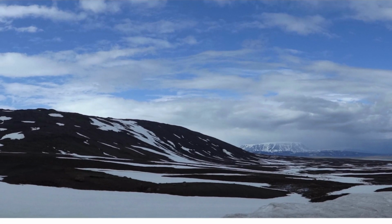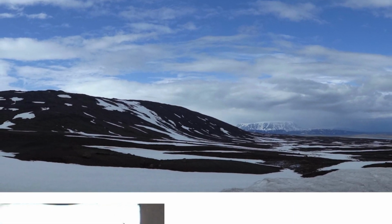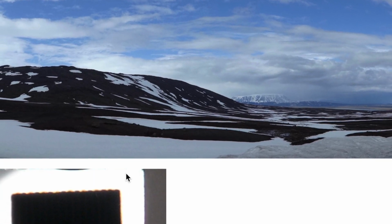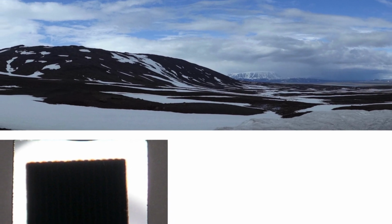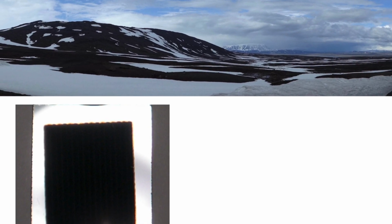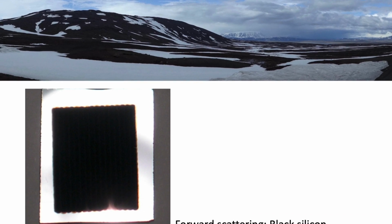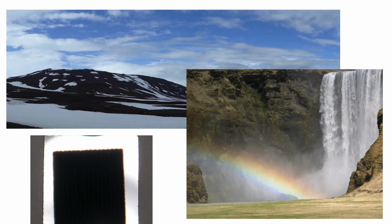Another way for scattering to make an object look black is to take a semiconductor like silicon. If you have a polished surface, it would be nice and silvery. But if we structure it, by putting pillars on it in this case, such that those pillars would scatter the light forward rather than back at us, since silicon is an absorbing material, that region that has been topographically changed will appear black because it absorbs all of the light. Of course, another form of